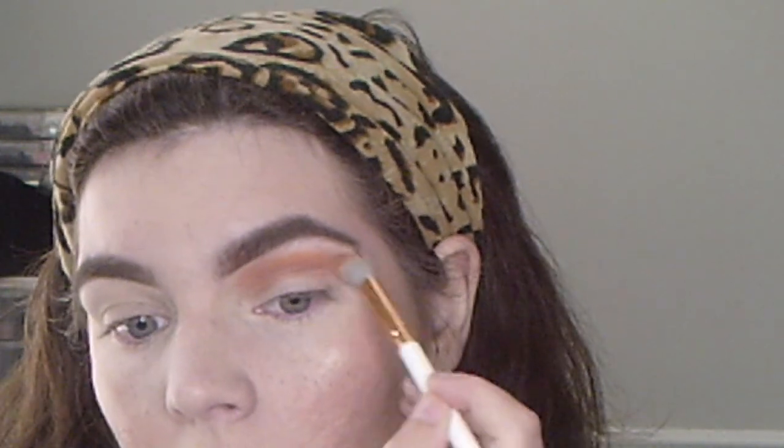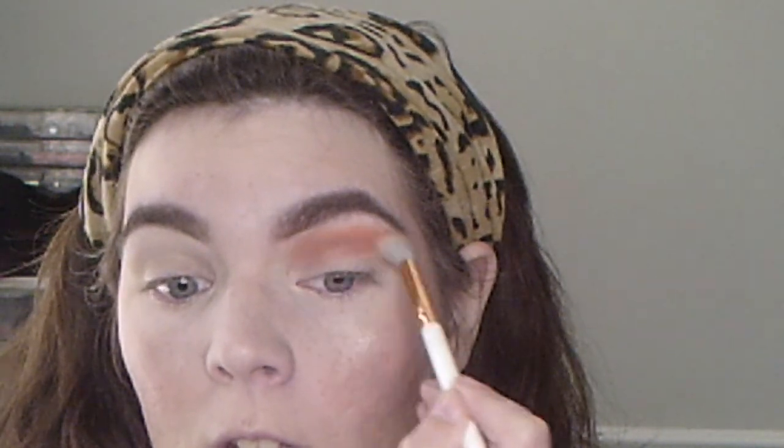We're definitely going to use a bit of Sunset at the top, just a tiny bit. We're just going to go with that Sunset, the orange color right here, just to give it a little bit more of an orangey burnt look. And we're definitely